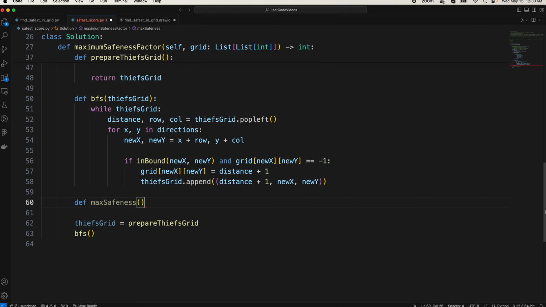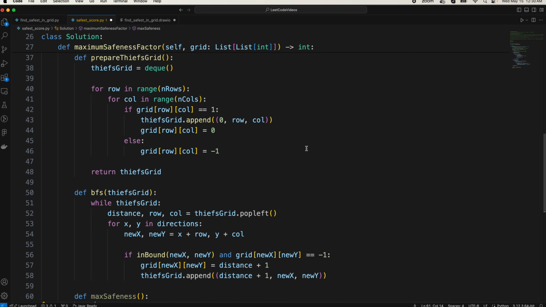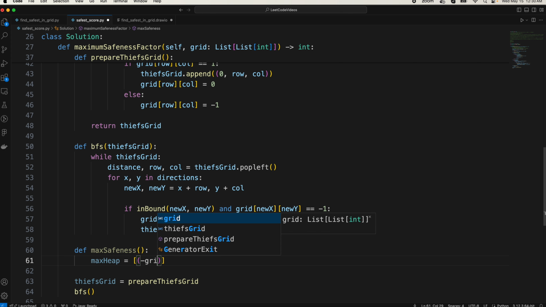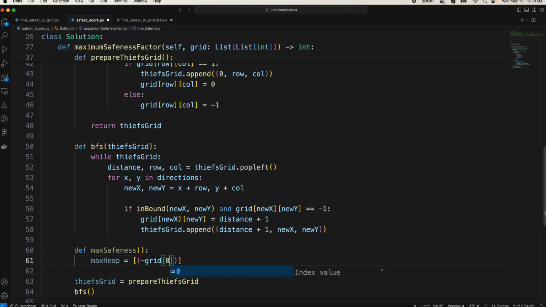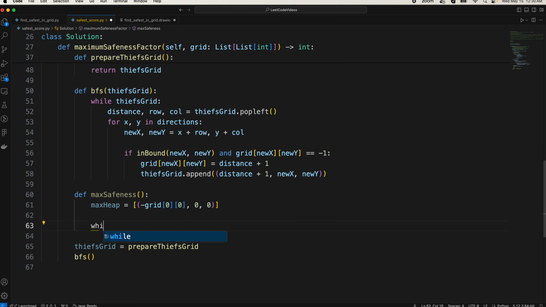Okay, and what we'll do here is, as mentioned earlier, we'll define a max heap, and we will put negative of grid 0 0, which is the source, and then the coordinates. Okay, and then while max heap,